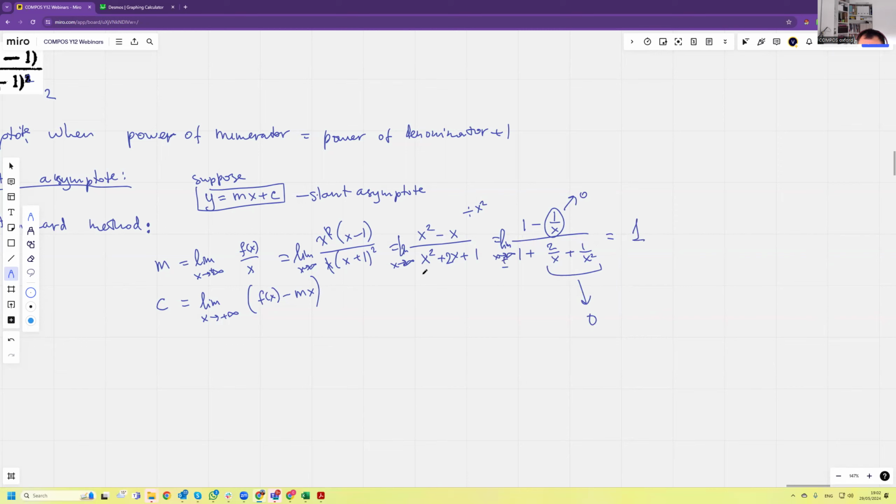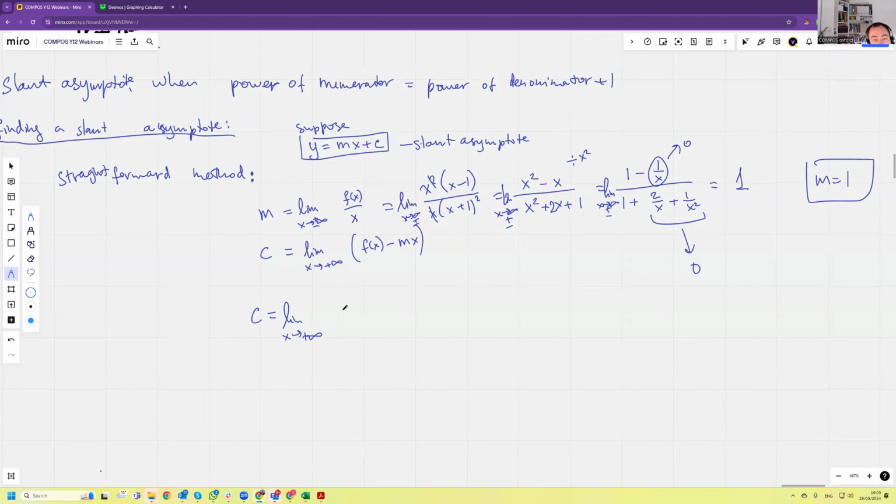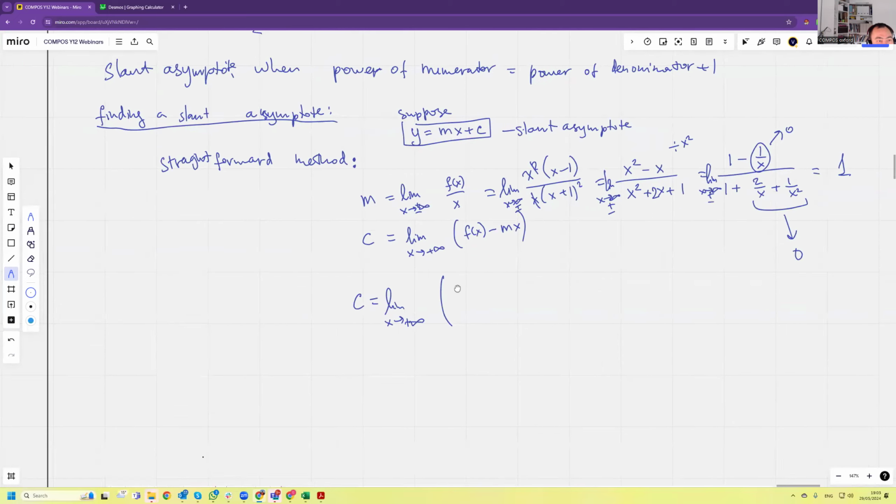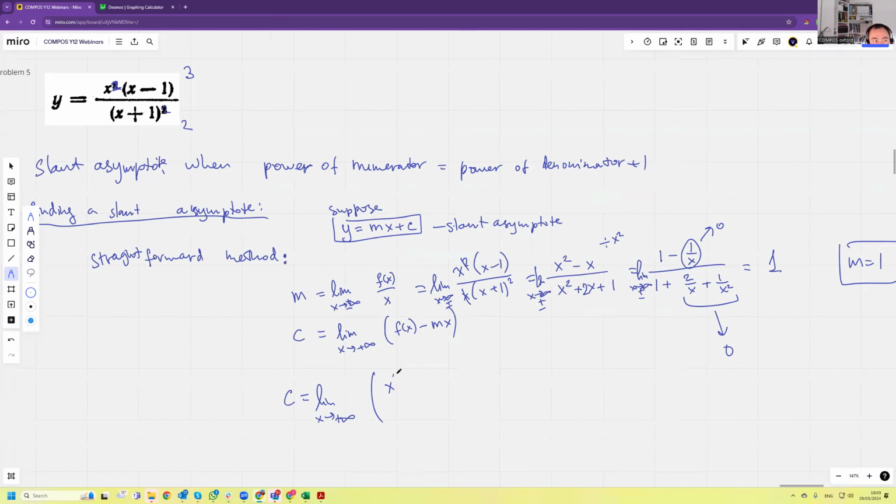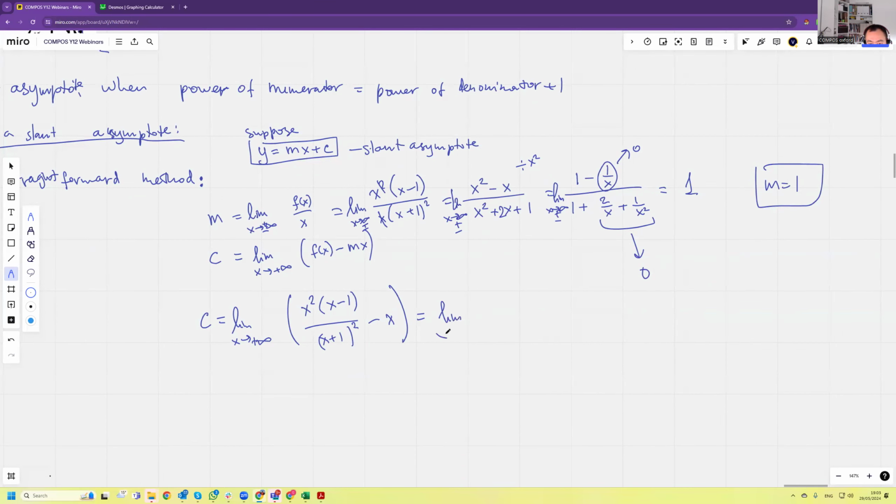Then we'd find this limit. So c is the limit as x tends to plus infinity. I'm doing plus infinity first. And I'm going to do x squared, x minus 1 divided by x plus 1 squared, minus 1x, minus x. So it's the limit as x tends to plus infinity of x cubed minus x squared minus